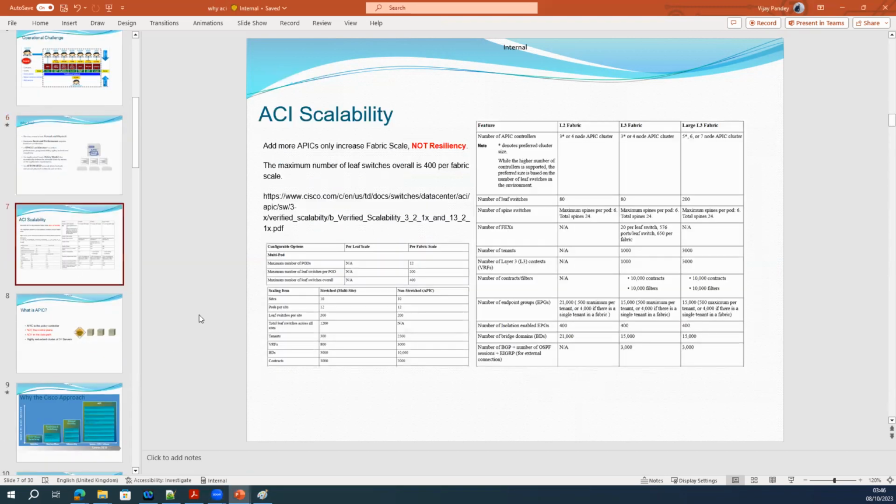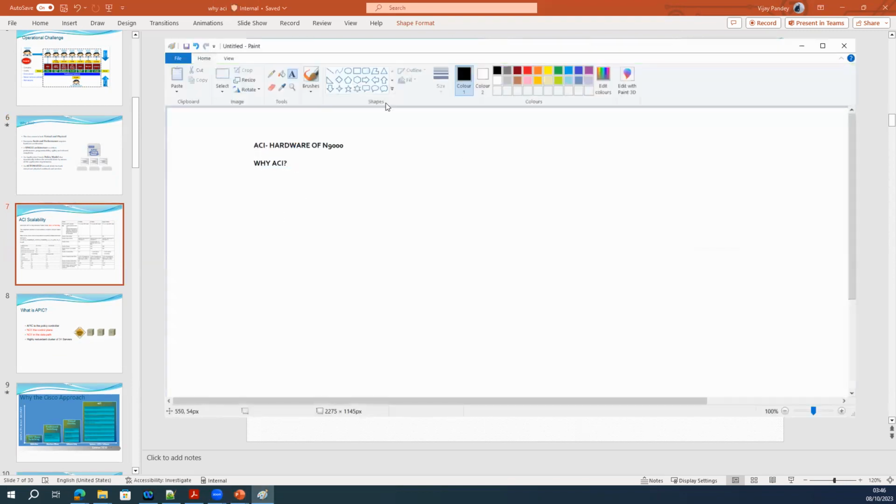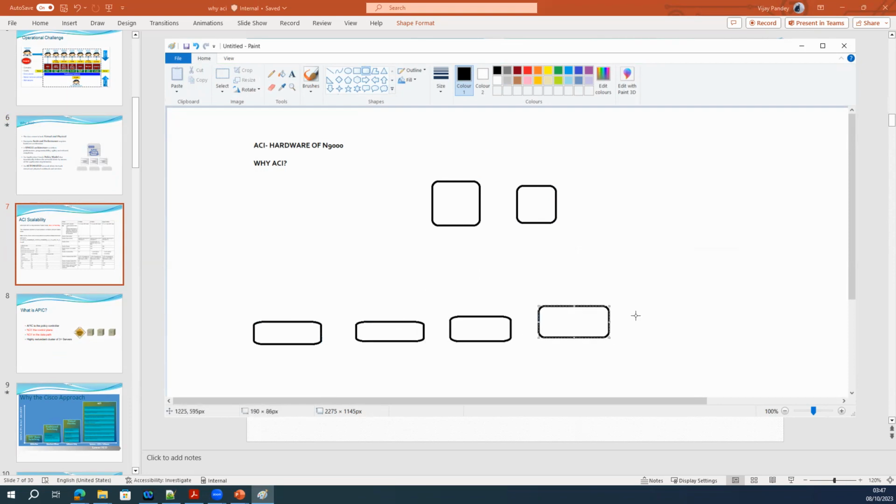From a scalability point of view, ACI scalability is based on its clusters. It's not like you just deploy n number of devices to n number of clusters. Suppose you have two spines or multiple leaf switches.